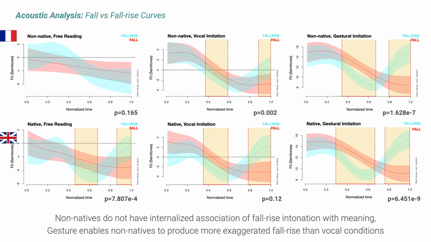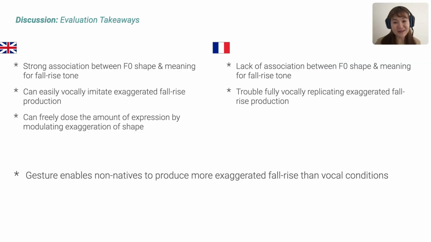we get quite clearly the different fall and the fall rise curves in the model, except for the non-native free reading condition. And also for the non-native vocal imitation, we find that the region and the amount of significant difference is quite smaller than the same vocal imitation for natives, but that gestural imitation enables the non-natives to perform more similarly to the natives, which says that, so on the one hand, the non-natives don't really know